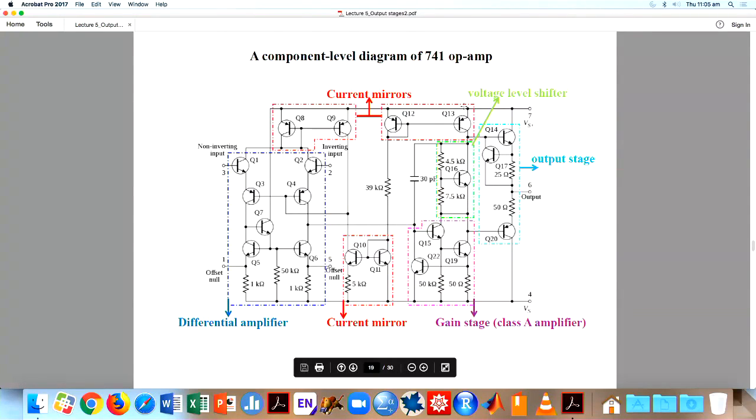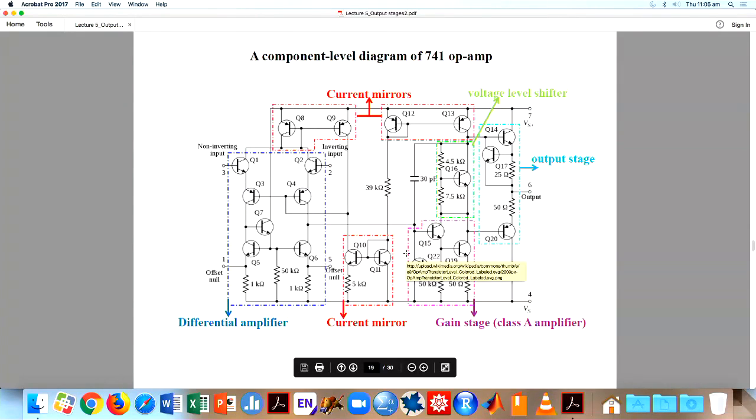Another thing is, in the operational amplifier you can incorporate current mirrors. When you incorporate current mirrors, you can bias everything properly. In the operational amplifier you also have an output stage, so that you can increase the current, or do a little bit of power amplification, a little bit of current amplification at the output stage. All these things combined together, then only you get a proper amplifier which can be used for amplifying very